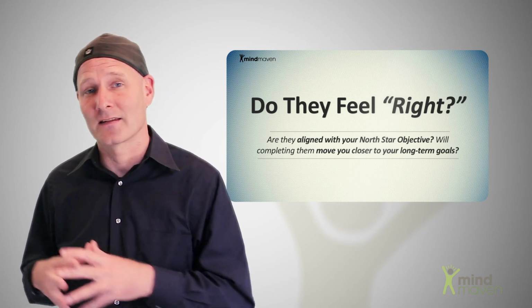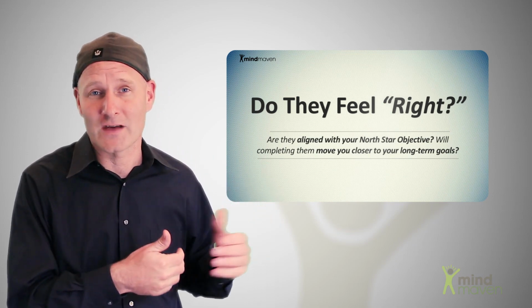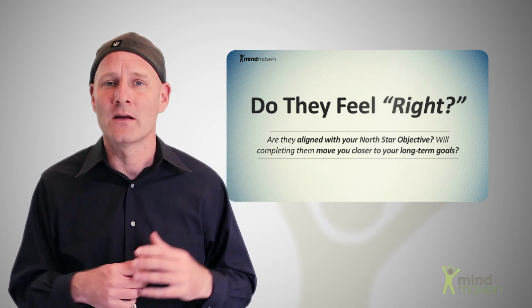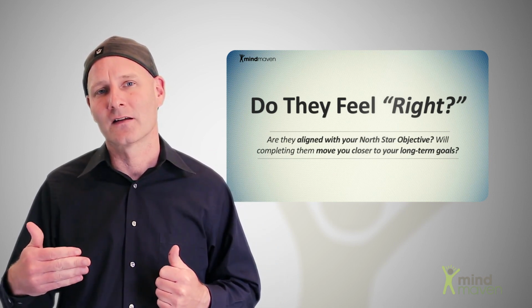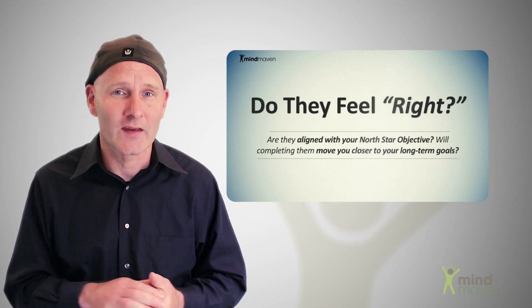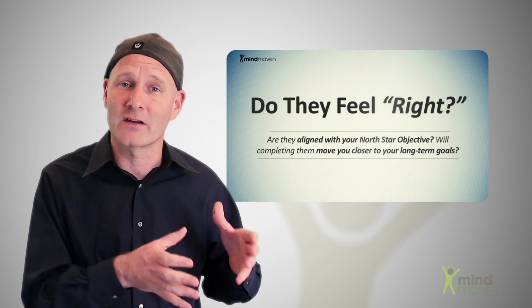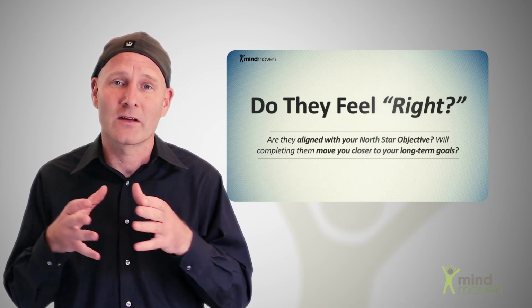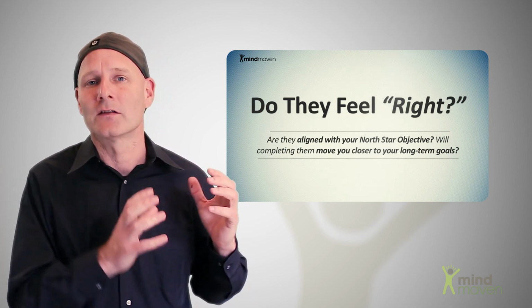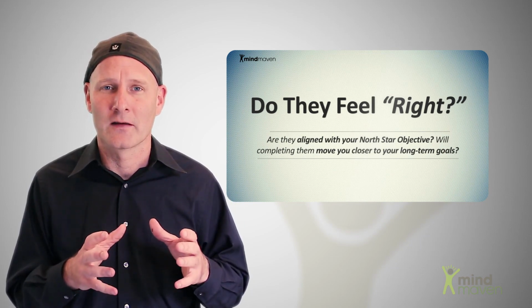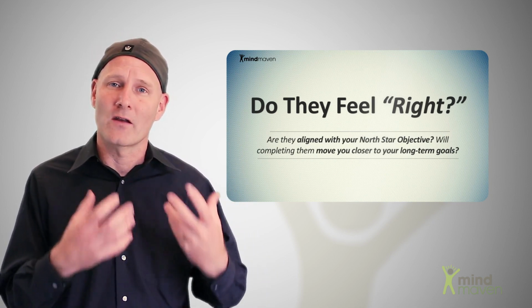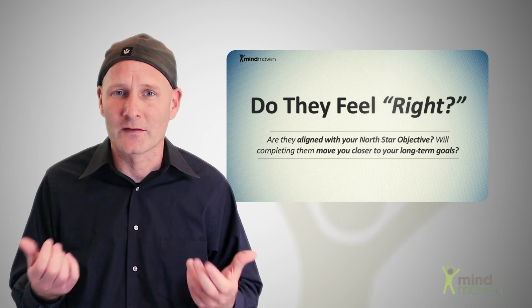Very simple. The second test is basically look back at your North Star objective that you've written, specifically the path component of that North Star objective, right? And test, does this action support the path that I laid out? If we take the example of the VP of sales who basically said, my path is by delivering a consistent, highly valuable experience to every prospect I work with, from the day I meet them, connect with them first, to the time they decide to buy our products, right? So if you look at the goal tests here, you could see that many of them would support that notion of delivering a high value experience. And so that's what we want